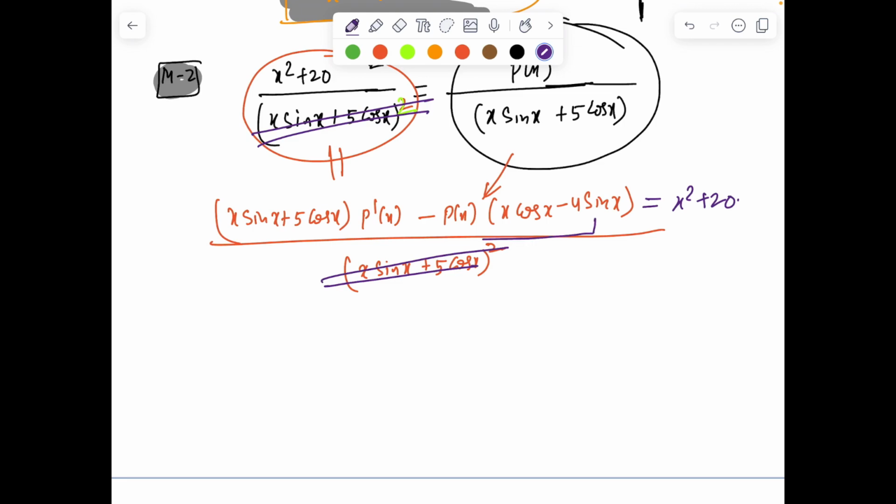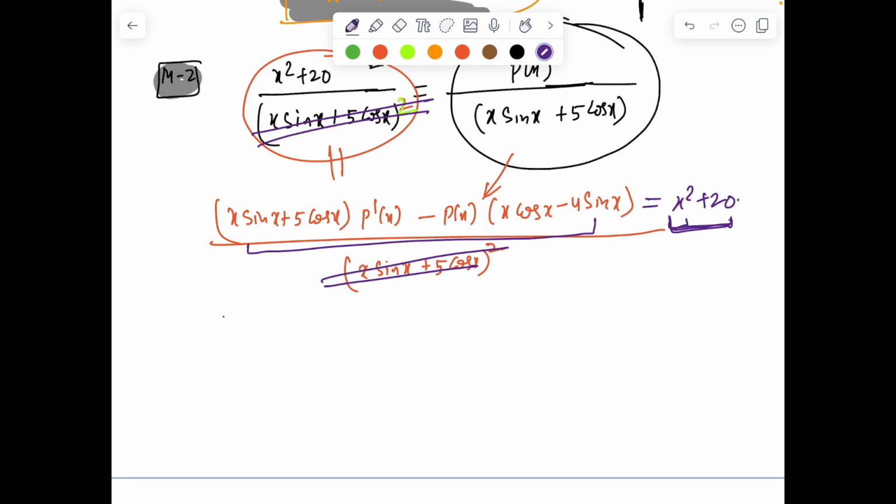Oh, well, fine. If I don't want any sine and cos in the numerator or in the LHS, somewhere it gives an indication of writing 1 as sine square x plus cos square x, right? But that's the way to invite naturally sine and cos into the picture. So if I'll write either x square plus 20 into sine square x plus cos square x, or you can see the coefficient of x if I look over here,